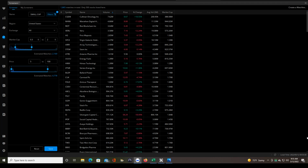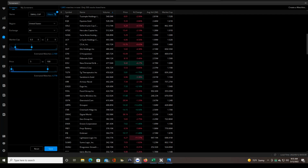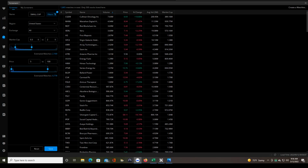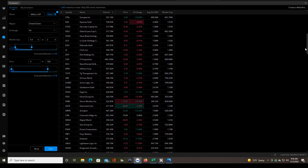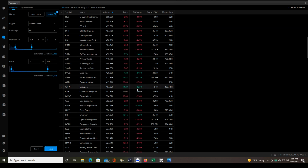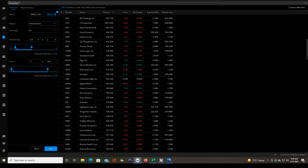There's a reason why there's not more people trading it. So I don't want to jump into some stock that is low on the screener but just has a high percent change. There's no liquidity there. There's no reason for it to move in a predictable way or anything like that. So that's why we ignore those stocks. Doesn't mean that you can't get lucky once in a while and grab one of these stocks down here that is up 12% or something like that and possibly have a good trade,